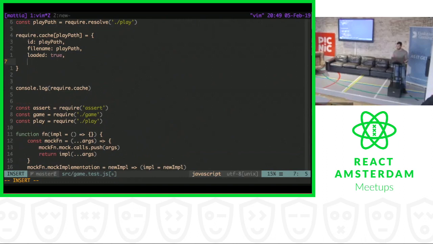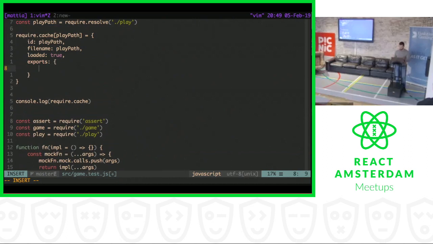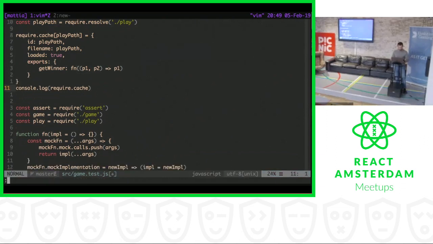And then the most important part is the exports. Inside the exports, we can customize the properties. We know that we're now looking for getWinner, but we can have as many properties as we want. And for getWinner itself, we want to actually use the custom one. So it's going to be P1, P2, and P1 again. So if I'm removing them,